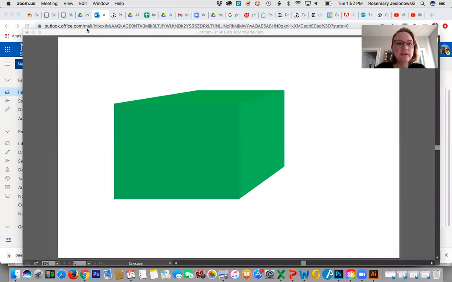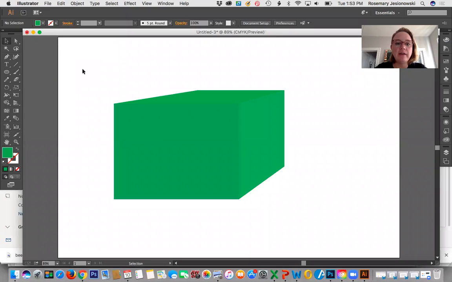Okay, picking up where we left off with Illustrator. This is Illustrator Part 2. All right, I'm going to go ahead and share my screen as per usual. Okay, so here we were in Illustrator, and we were talking about the idea of building